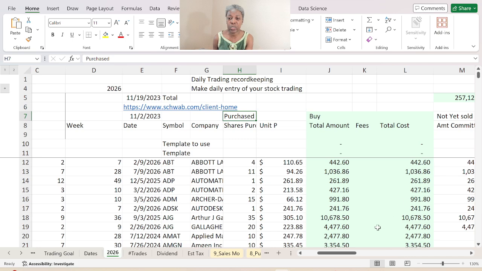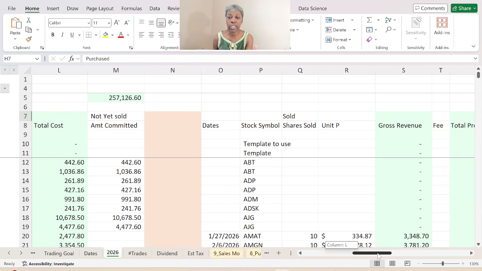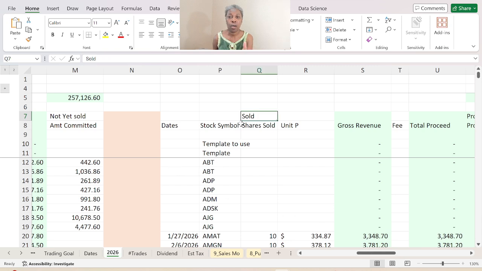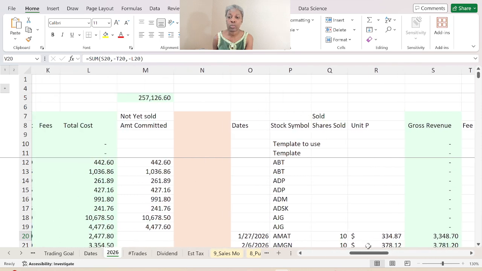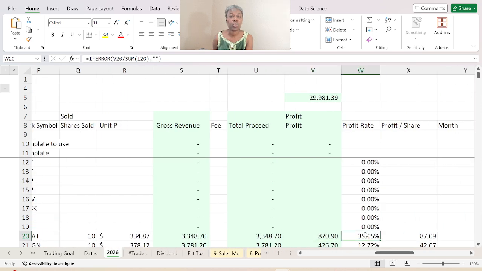on one side of the spreadsheet, and when you sold it, you record how much you sold it for and calculate the difference between how much you sold it for and how much you purchased it for to find the profit. And you can even take that profit divided by how much you bought it for to determine your profit rate. Those are the simplest ways I manage my trades. Have a spreadsheet to do my record keeping,